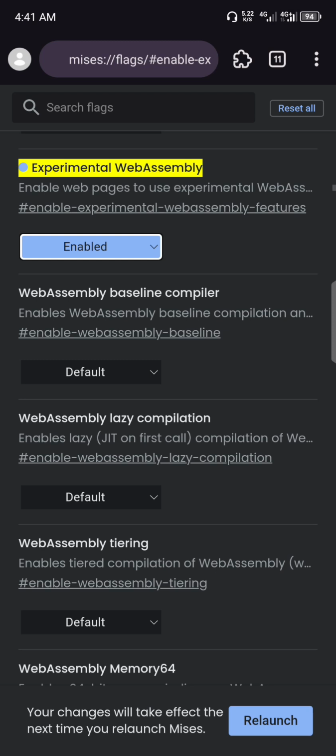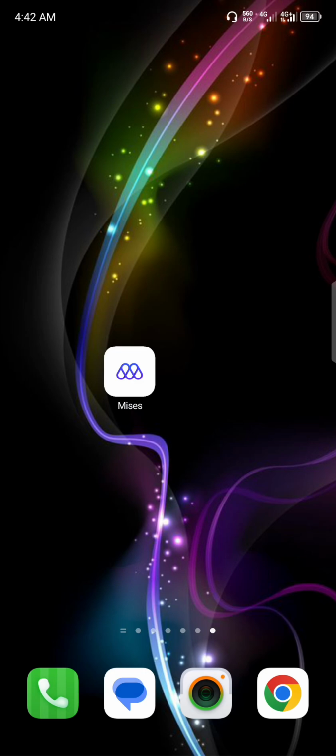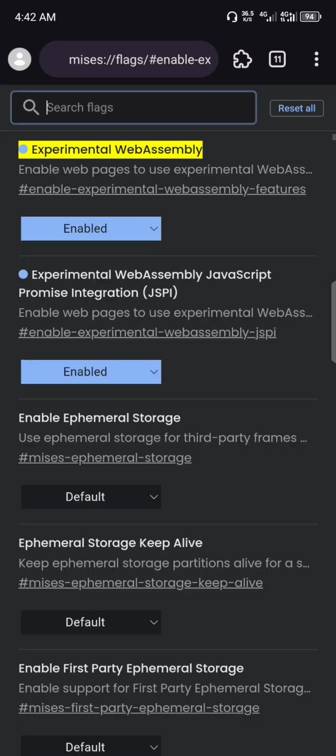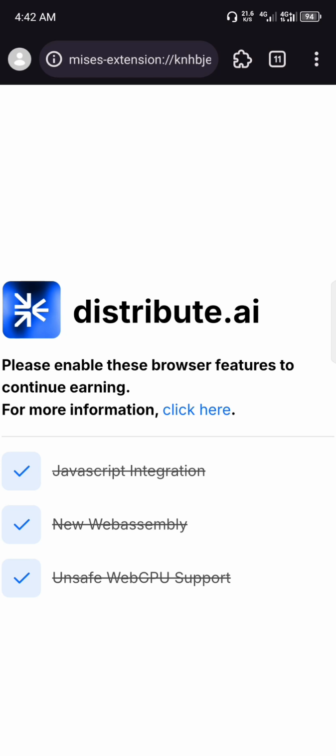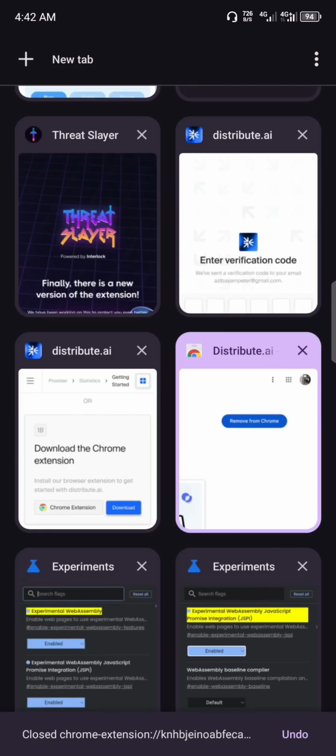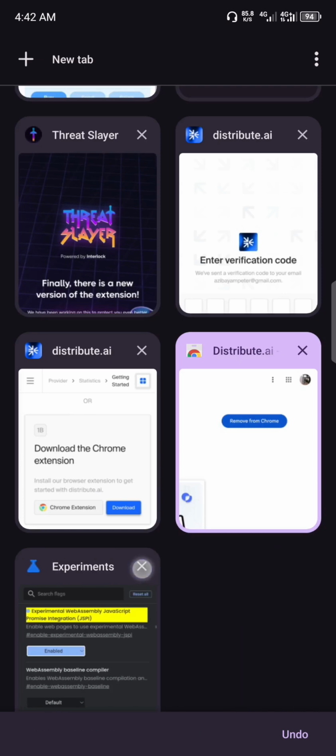So that's it. The next thing we have to do right now is to relaunch Mrs. Browser. As you can see, the relaunch button is at the bottom of our screen, or you can just choose to close the app then reopen it, right? So relaunch, and that should close it and reopen it automatically. Now we're still in the flags page, so we have to switch back to the extensions page. Now this is the extension page, and as you can see, all the tasks have been completed, right? So we can go ahead and close this page entirely, and close this tab and this tab,